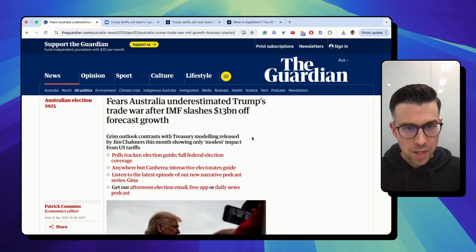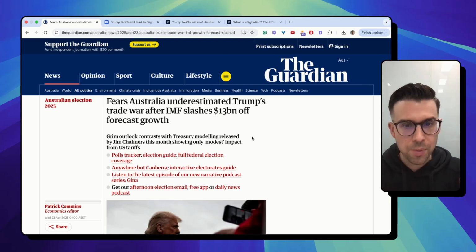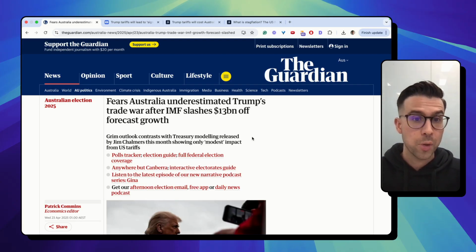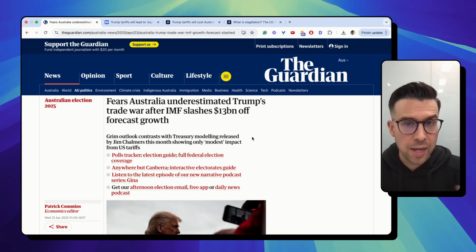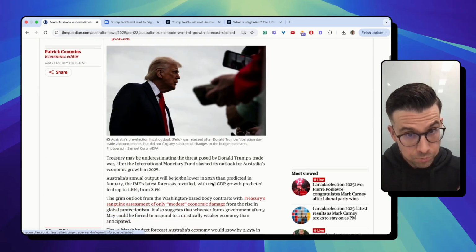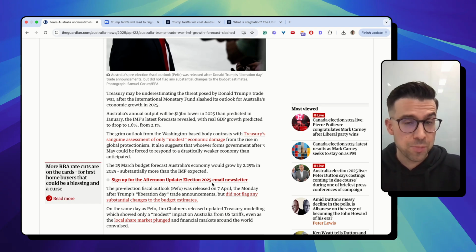So, unless you've been sleeping under a rock, you're going to be very aware that the US and Trump in particular have implemented whole-scale tariffs, right? Pretty much across every single trading partner the US trades with, including Australia, even though we have a free trade agreement with the US. Now, ultimately, what is the impact that those tariffs are now expected to have on the Australian economy?